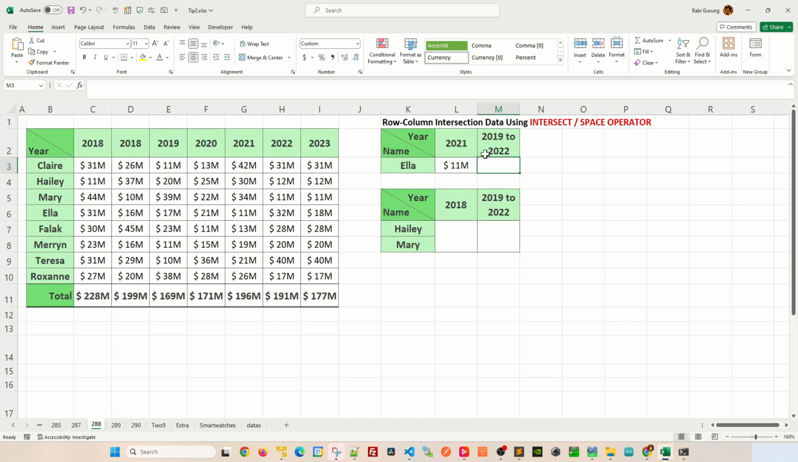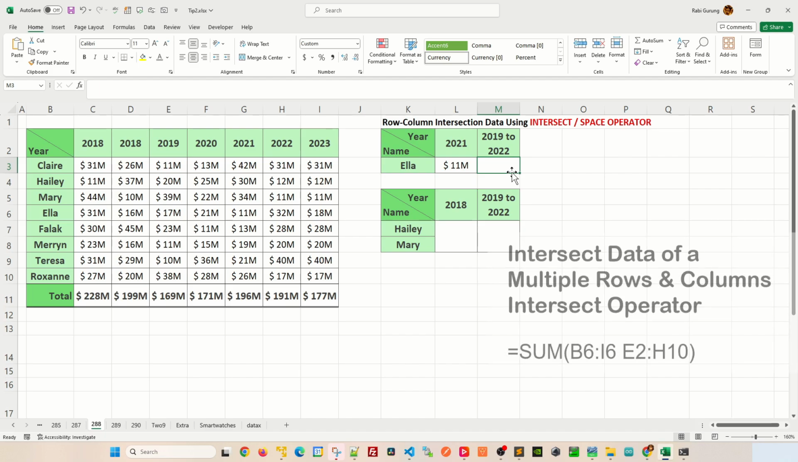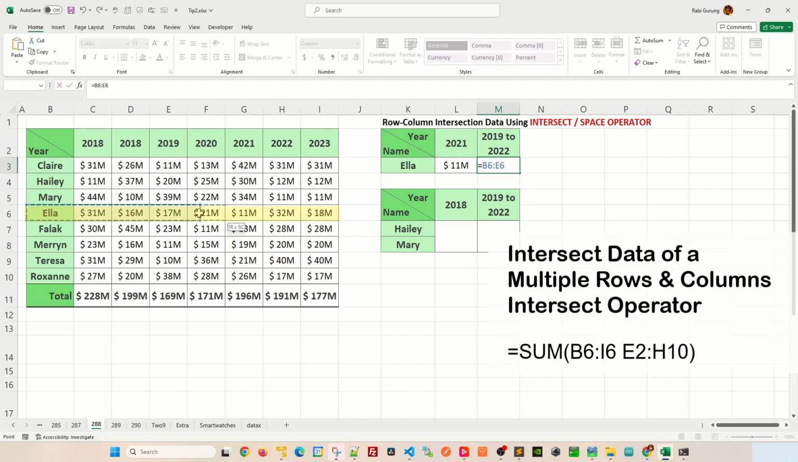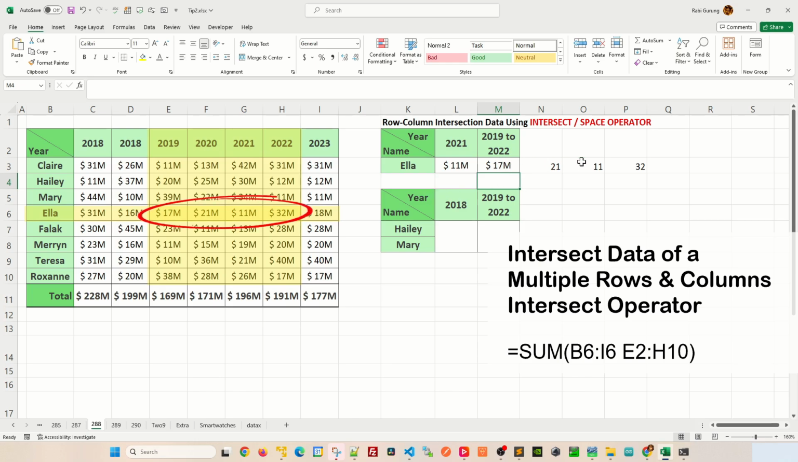Now if you have multiple years and you want to find out what Ella made from 2019 to 2022, you're going to use the same technique: equal, highlight Ella's row like this. Now press the space bar on your keyboard and highlight the columns from 2019 to 2022 like this. And if you hit enter, you will return an array of numbers here because the intersecting data for Ella is